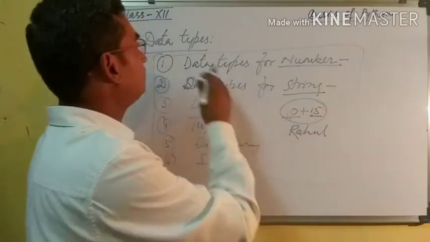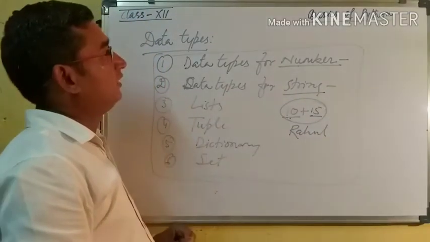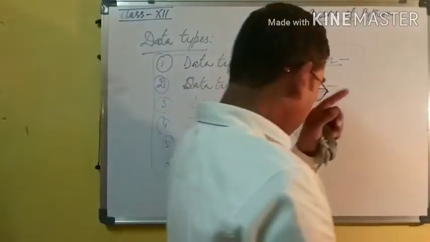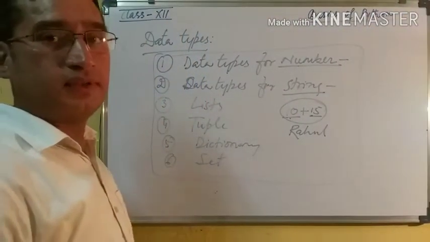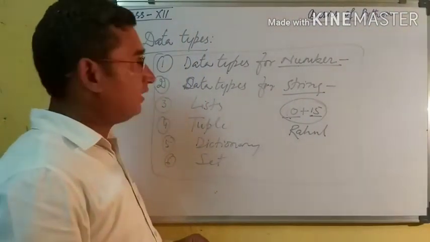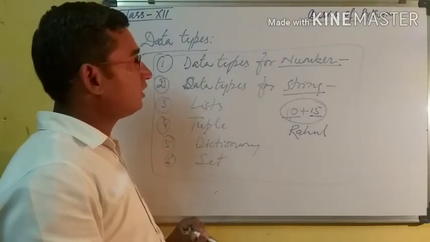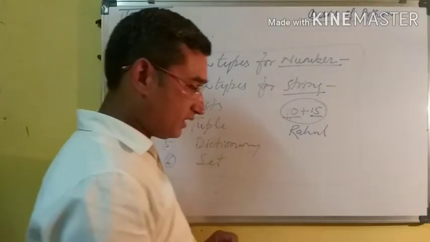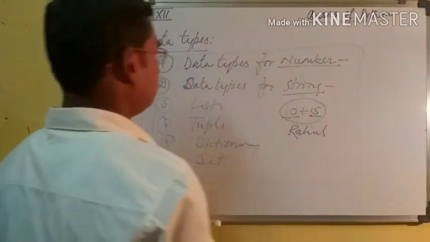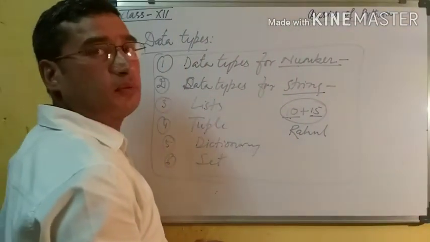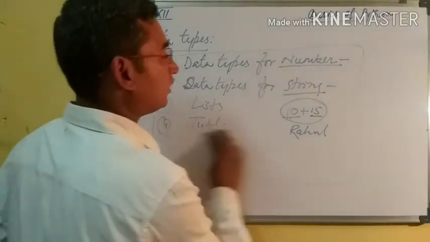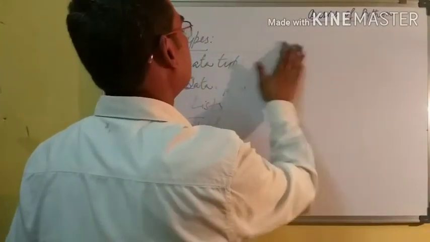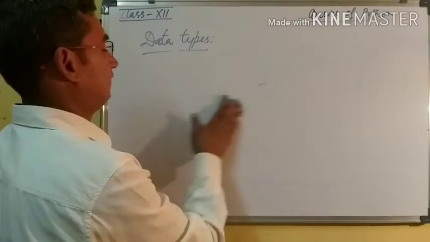The basic definition of data type is, data types are means to identify the type of data and the set of operations performed on it. And set of operations performed on it means I am writing the definition here first.